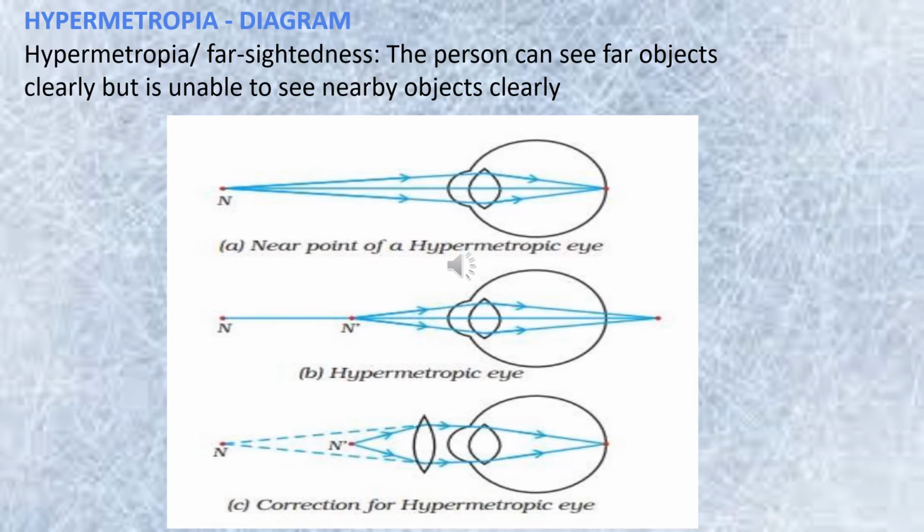Hypermetropia. Hypermetropia means farsightedness, just the opposite of myopia. The person who is suffering from this problem is able to see the distant object, able to read whatever is written on the board, but finds it difficult to read the letters from the book. In that case it can be corrected using a convex lens. That kind of person will use specs of convex lens and it will control the converging rays so that they fall on the retina properly.